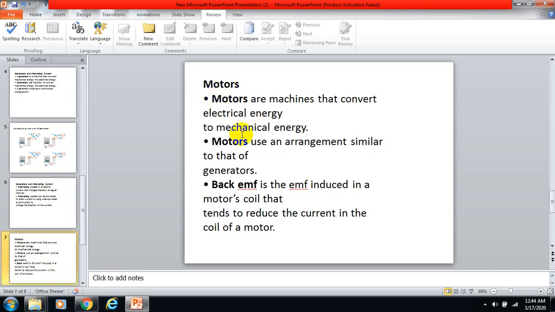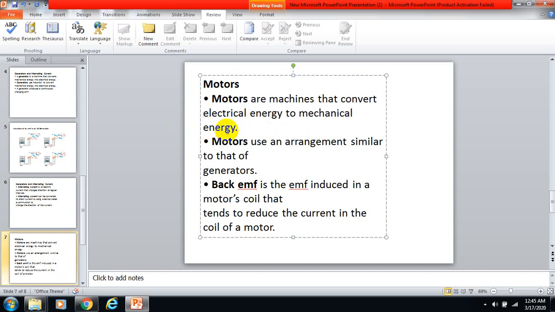Motors. Now the generator portion has been finished. Now come to the motors. Motors are machines that convert electrical energy to mechanical energy, like from the electricity to operate any device or any handy things, or anything which can give you a kind of performance. Understand? Mechanical things which are going to produce any energy form as well.